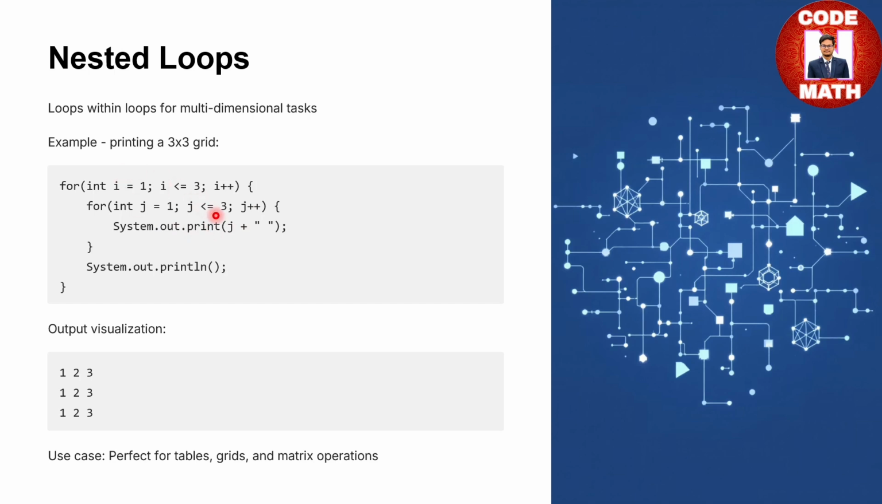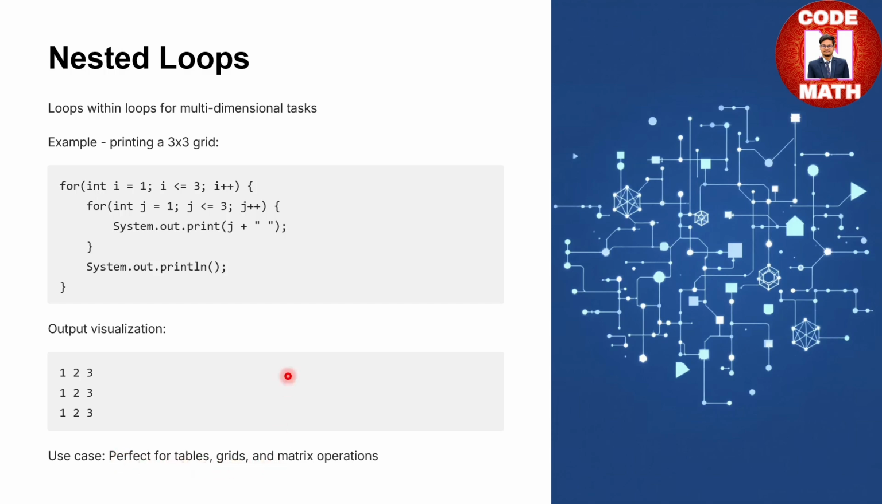Means 3 into 3, 9 times this loop is going to execute, and a 3 by 3 matrix grid will be printed, like you can see here in the output. For the first i it is printing 1 to 3, for the second i it is printing 1 to 3, and for the third i it is printing 1 to 3. So in this way we can create a 3 by 3 grid or n by n grid using nested loops. Okay, so if you talk about the use case, then it is perfect for tables, grids, and